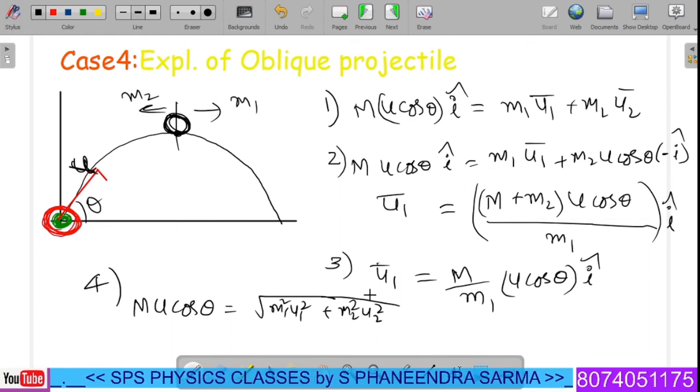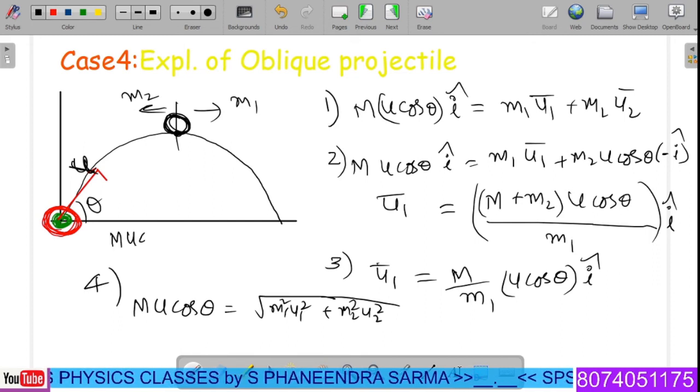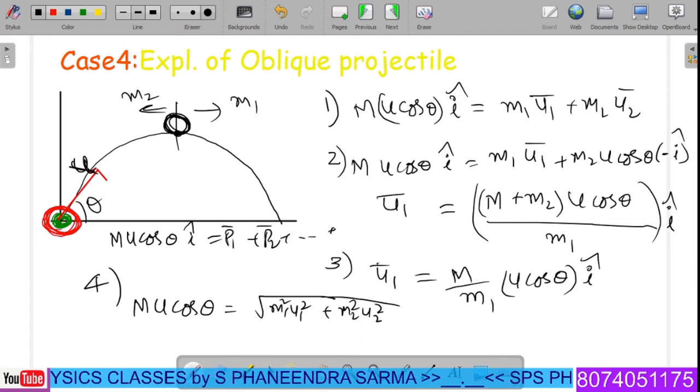Okay. Now, a very important step we are dealing with, dear kids. Suppose the projectile, upon going to the maximum height, explodes into n number of segments. Two segments with different cases we covered here. Now it explodes into n segments. In such a case, you can write m u cos theta i cap equals P1 bar plus P2 bar plus and so on up to Pn bar we have to take. Depending on the problem and intensity, we can frame this particular question.